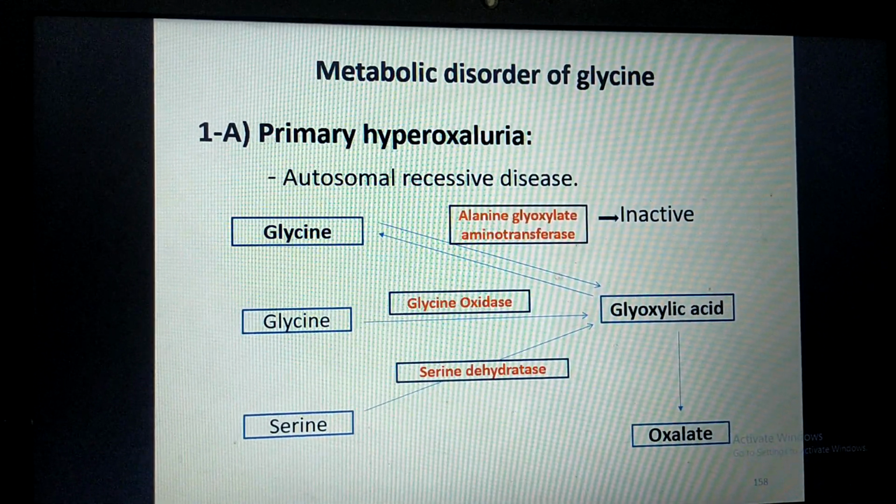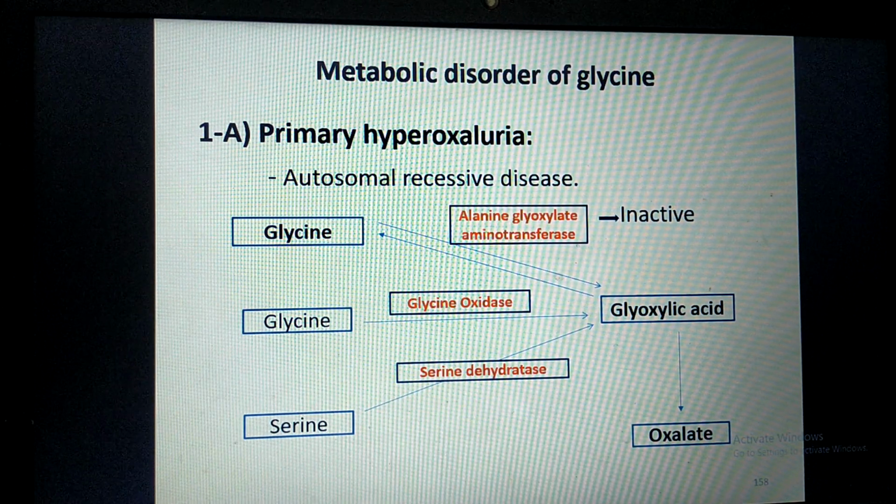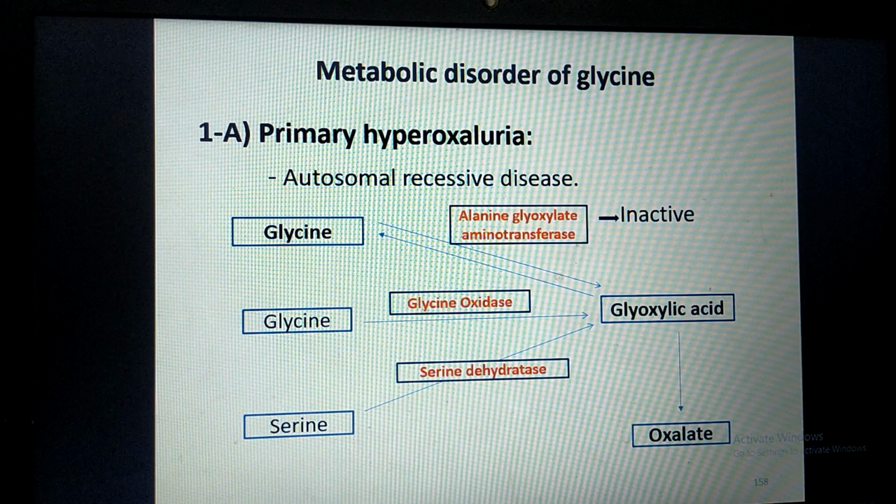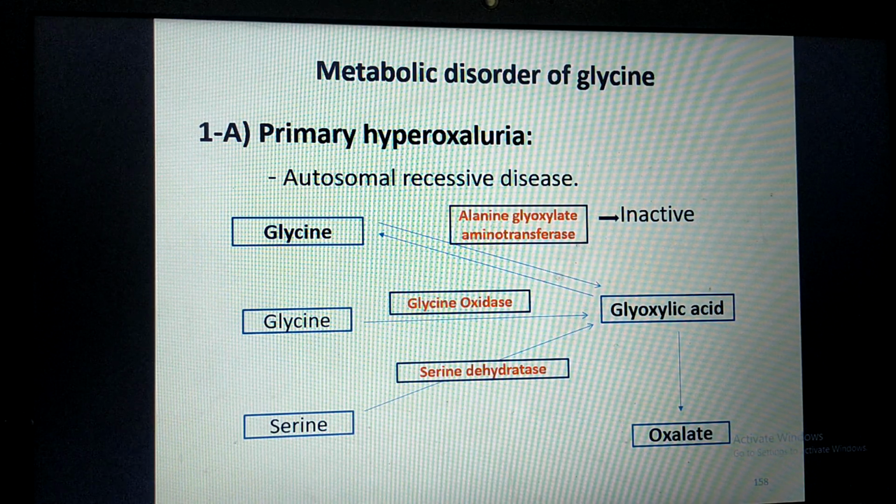As I have told you, glyoxylic acid is not formed only from one pathway, it is formed from 3 different pathways. So if the first pathway is blocked, glyoxylic acid is synthesized from the remaining 2 pathways. But only the first pathway is reversible, where glyoxylic acid is converted into glycine, whereas the remaining 2 pathways are irreversible. So due to blockage of the first pathway, glyoxylic acid is not converted into glycine, and